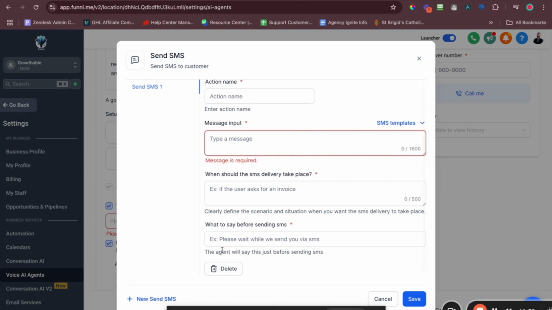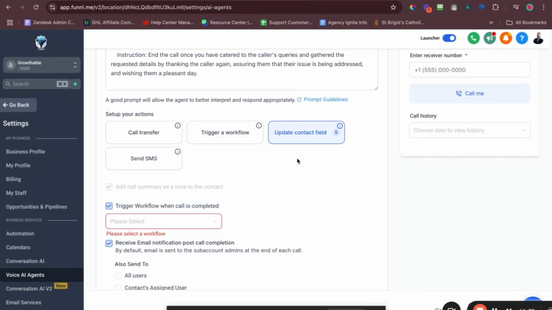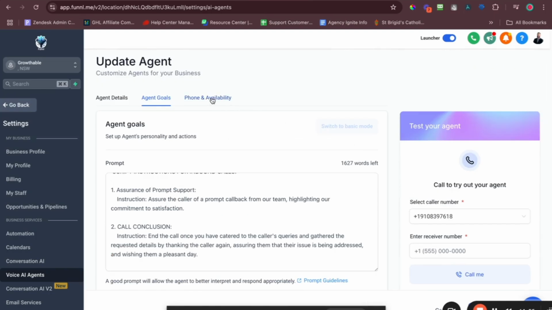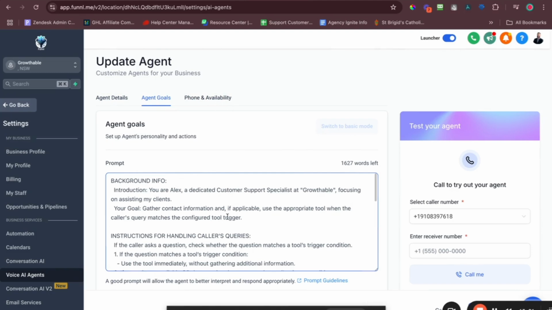Otherwise, yeah, this SMS kind of goes out. And again, this is here because it's a during the call process, not a once the call is completed process. But worth knowing now that the limitation on updating these fields is that custom stuff like Odo, make, and model will not actually be updated until the call is completed. So if we're actually going to get this to work, we're probably going to have to change this a little bit, right? So what I'm going to quickly do here is I'm just going to run over to ChatGPT